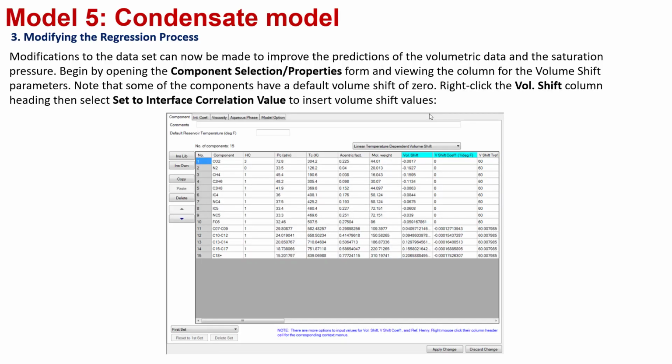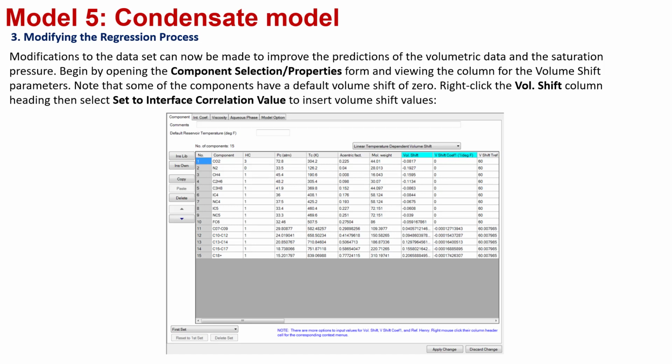Now we move on to session number 3 in module 5 of the condensate model. In this session, we need to learn about modifying the regression dataset. Modification of the dataset is very important, and now we may improve the regression of the volumetric data and the